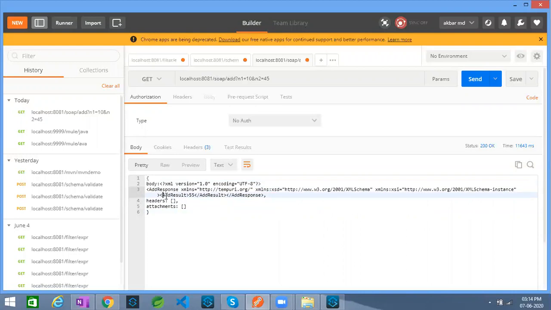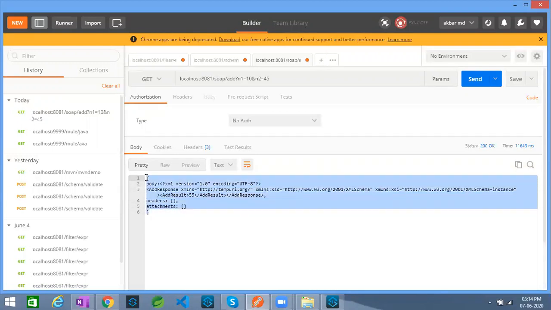You are sending HTTP GET request. Your Mule is transforming your HTTP GET request into SOAP related payload format, I mean the XML format. It triggered your web service, got the data and is displaying in this particular format.